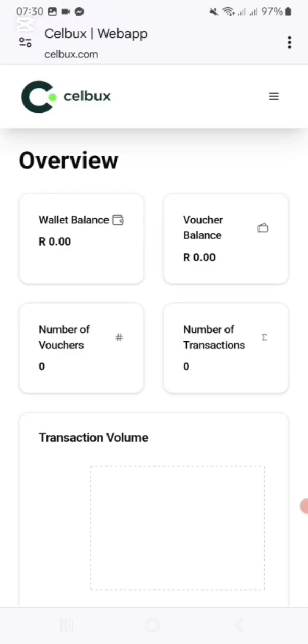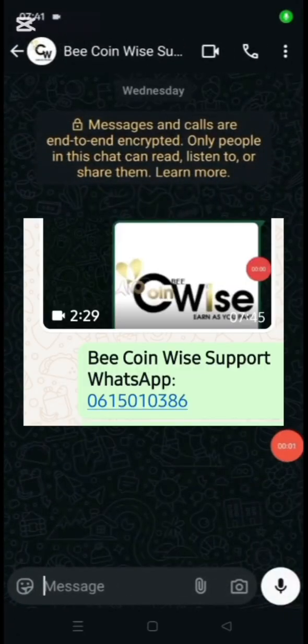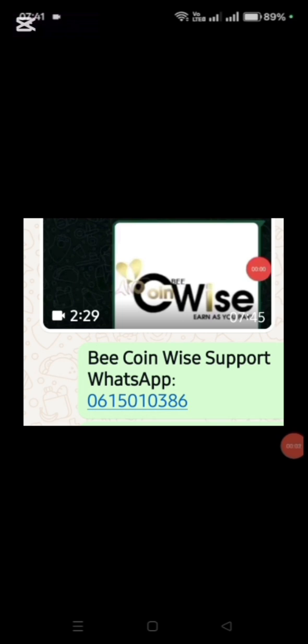Okay, so we're just testing it. So when you want to see how much you have available, this is where you're going to go. Or you need to send your proof of payment to this number, and you're going to put your name, surname, cell phone number, and say proof of payment. And then once that is done, you're going to be able to go get your link number.